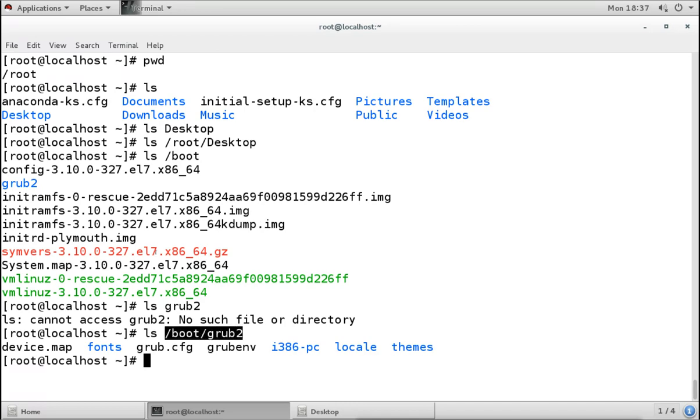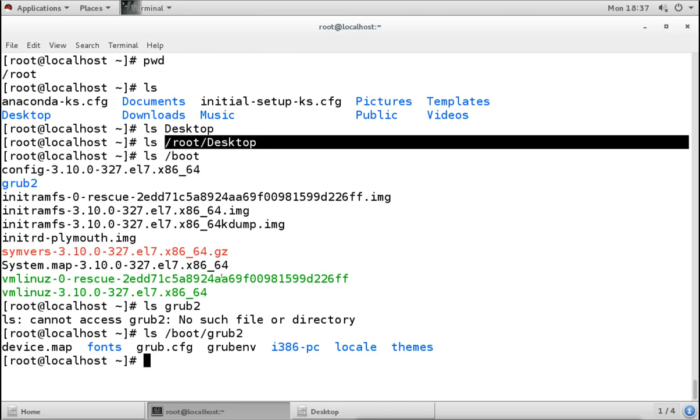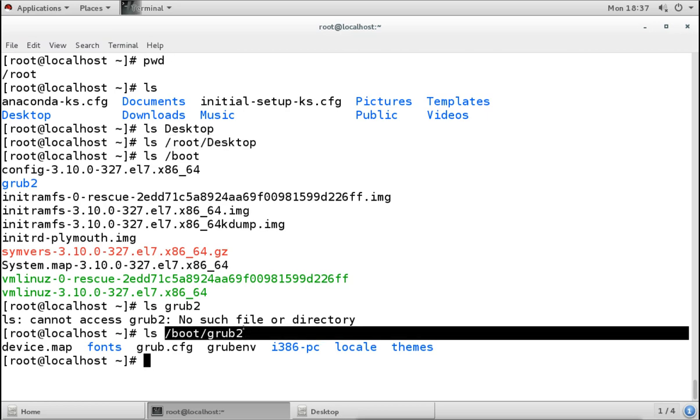Like you are sitting in this /root directory, but you can do anything on any other directory by using the absolute path. You can create files, delete files, move, copy, anything, if you use the absolute path.